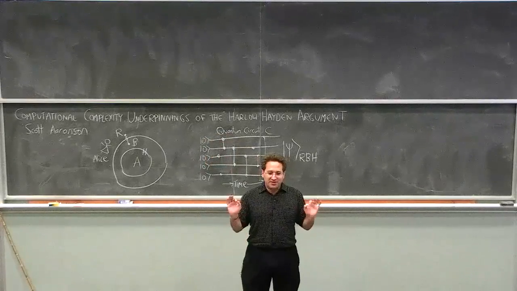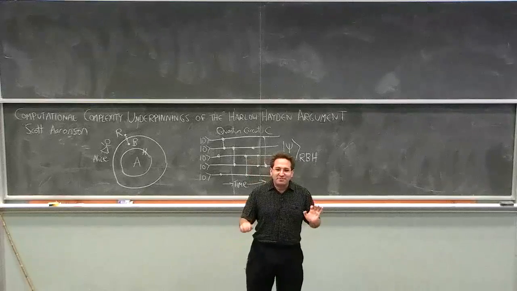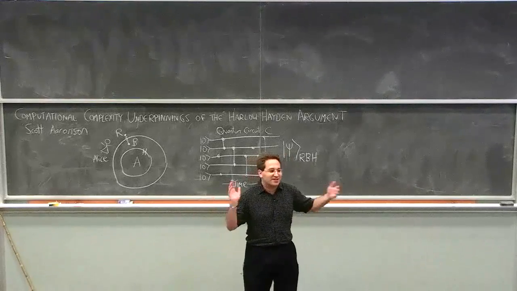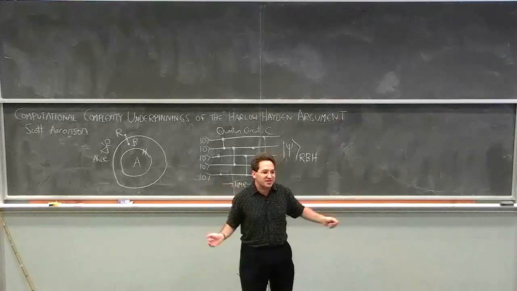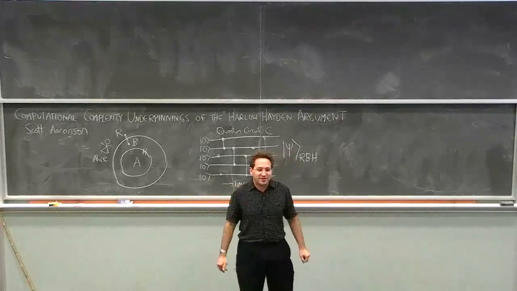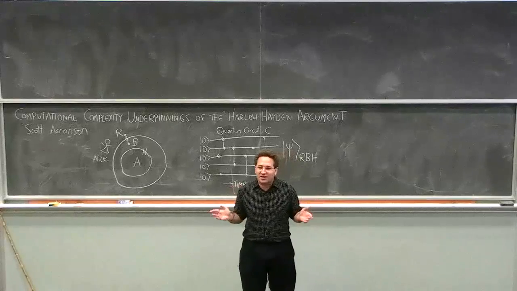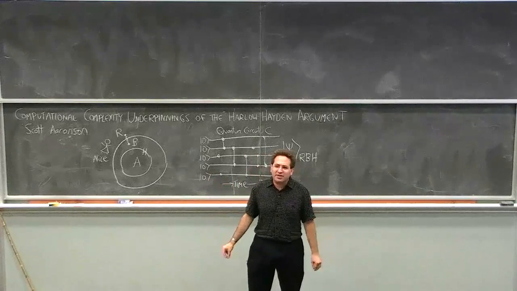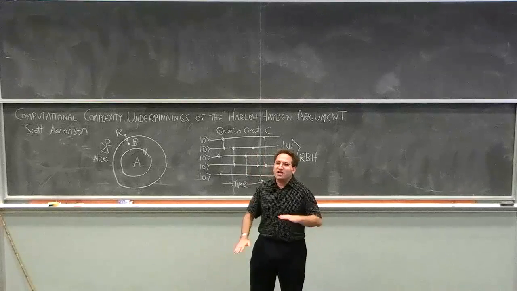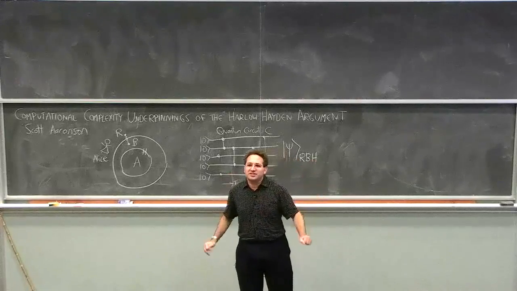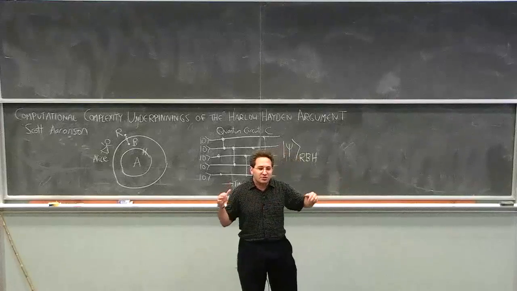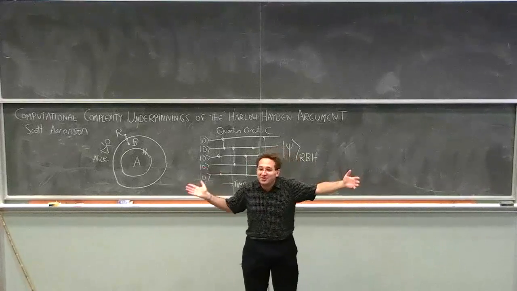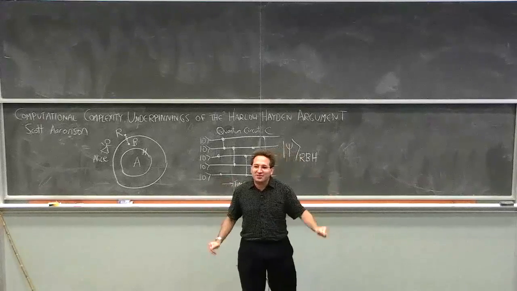However, they correctly realize that, wait a minute, this argument only rules out one particular kind of strategy that Alice could use to decode the Hawking radiation. It doesn't apply to arbitrary strategies of Alice. Really, we'd like to say that no matter what quantum computation Alice does, as long as she's restricted to a reasonable amount of time, which we tend to call polynomial time, she's not going to be able to do it.